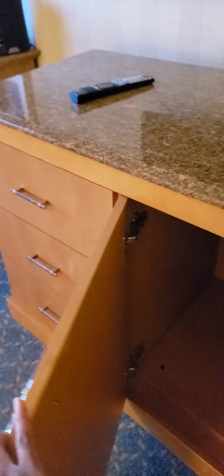Let's see. We swing over, and yes, we have the little mini refrigerator again. I don't really plan on cooking anyway, so it's okay. We probably won't even use the refrigerator, to tell you the truth. Then we have these drawers. As you can see, there is a big screen TV, and that's my reflection. Coffee maker